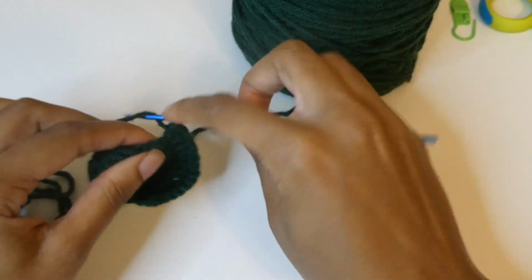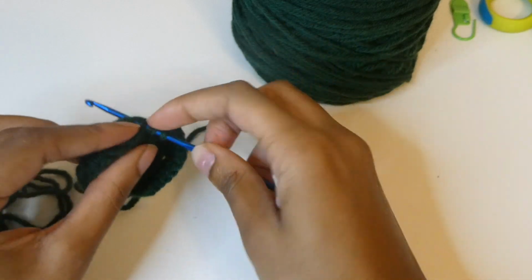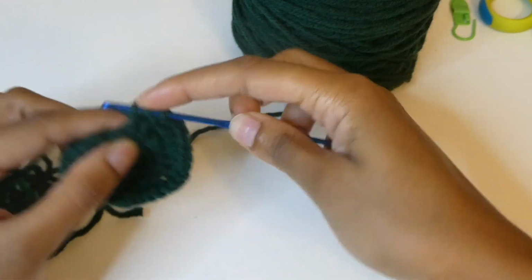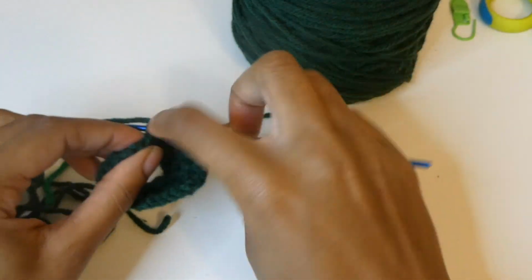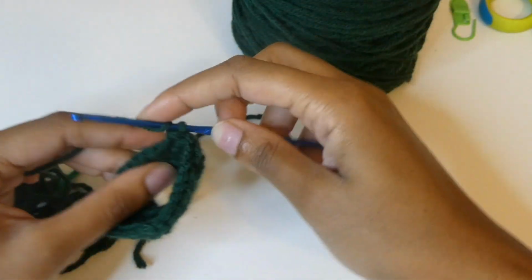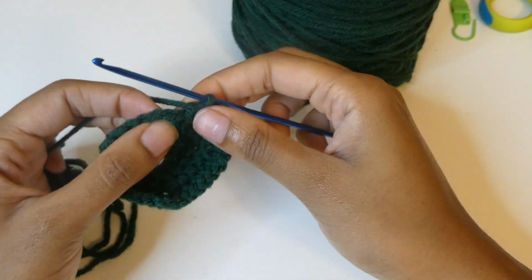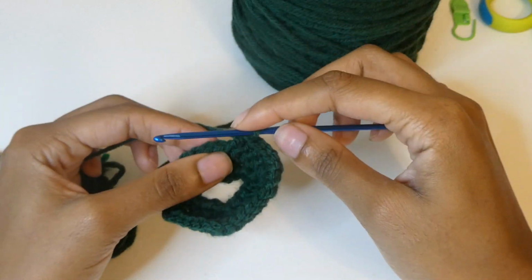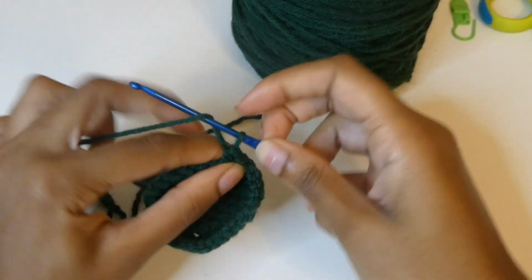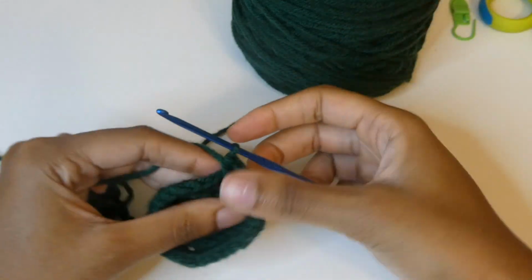and then continue by placing 1 half double crochet in each of the next 5 stitches. 2, 3, 4, and 5. We're at the chain space yet again, so you know what we're going to do. We're going to do another increase. We're going to place half double crochet, chain 1, and a half double crochet into that same space, and then